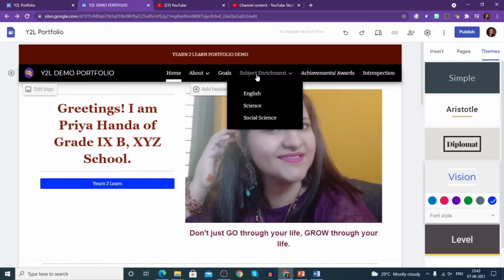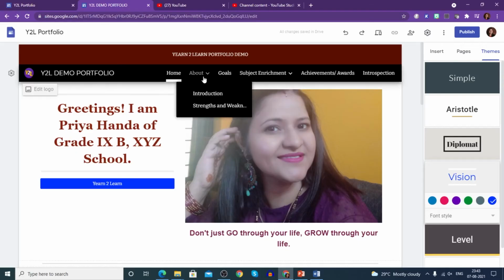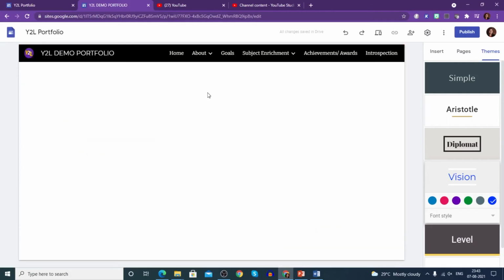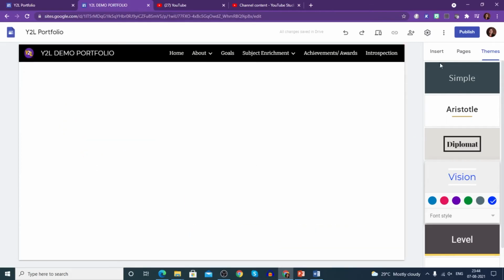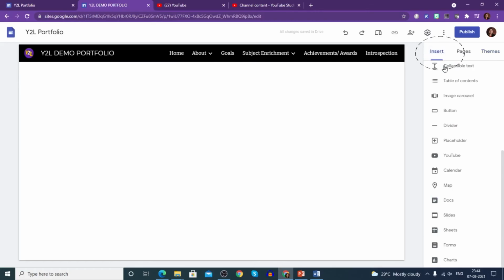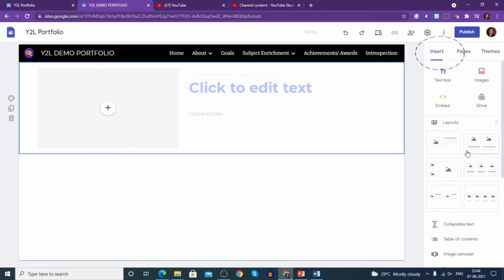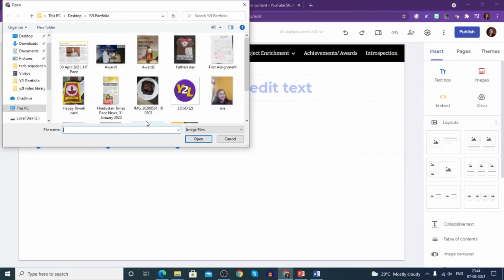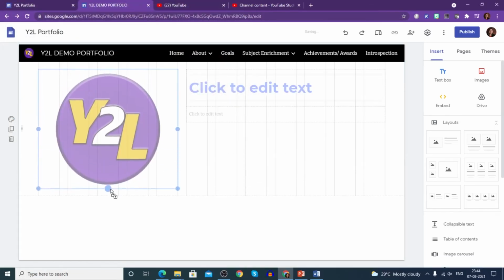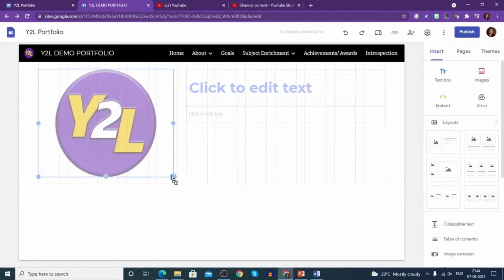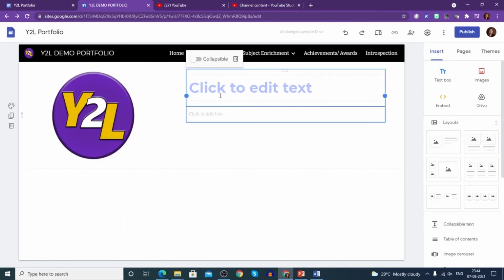And now coming to pages. Now you just have to add content the same way. Coming to introduction, now when we are clicking, it's a blank page. How you want it, you need to insert something. What you need to insert, it's up to you. You want this format to go. Again, you want to take any of your pictures, any of your logos, anything here. So let's select that and open it. Whatever is coming, resize it as per your needs so that it comes out nicely.